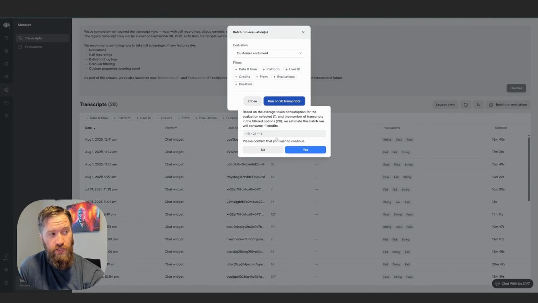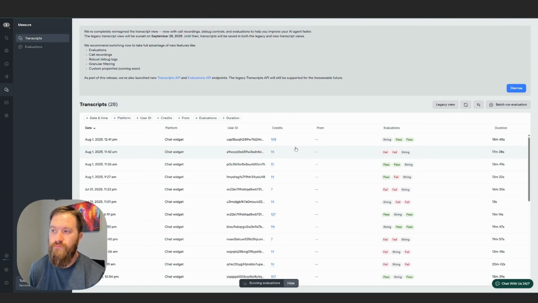There's only 28 transcripts in here from the last couple of days, but you can imagine, let's fast forward through 6 months, and this thing has 2,000 transcripts in it. Like, you start batch running LLM stuff on this, there's a decent chance that you're going to start consuming a good chunk of tokens. So I appreciate this heads up. By the way, before you click this button, understand what you're about to do. Yes. And it's going to start running.